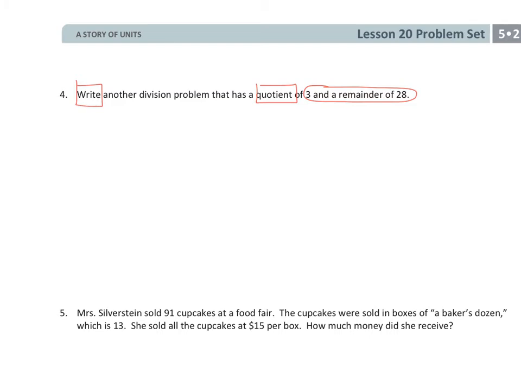Well, here's the cool thing. Let's actually set up the division really quick. So right now, we don't know what the dividend is. They haven't told us. And we don't know what the divisor is. They didn't tell us. We do know the quotient is 3 with a remainder of 28. Now we don't know the divisor. But if we get to make our own problem up, and we worked backwards, we could technically